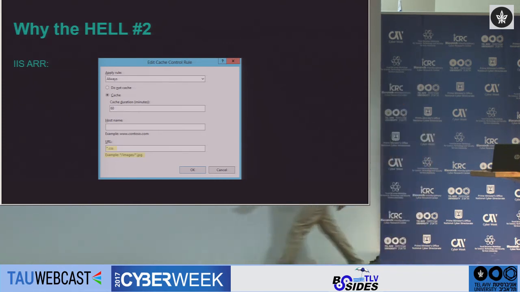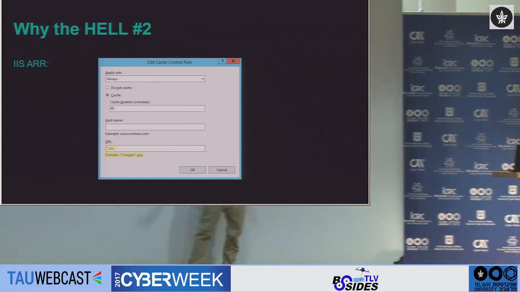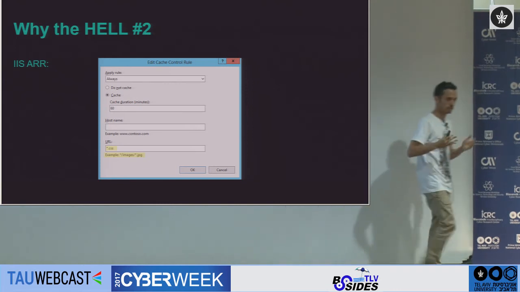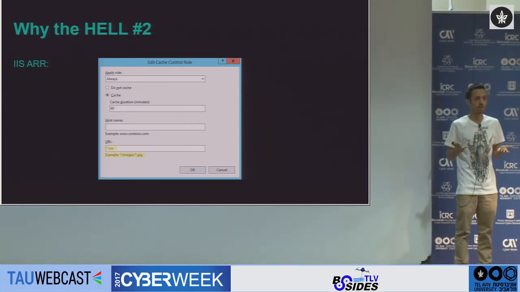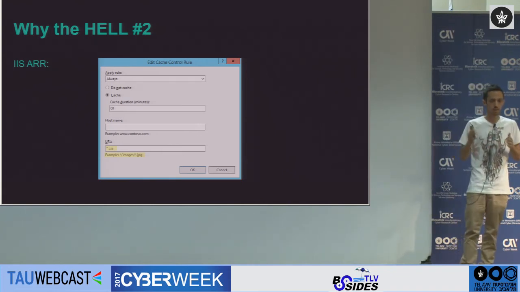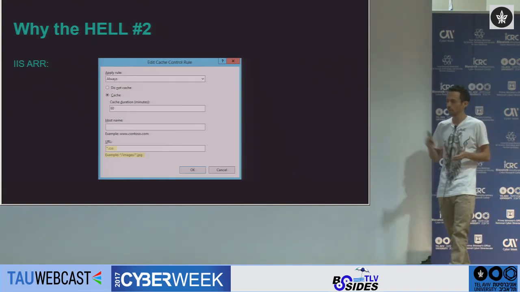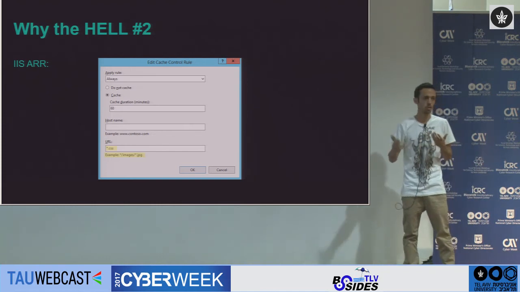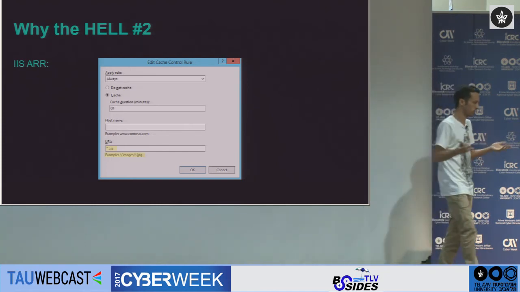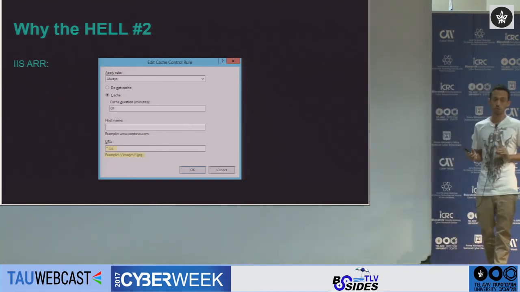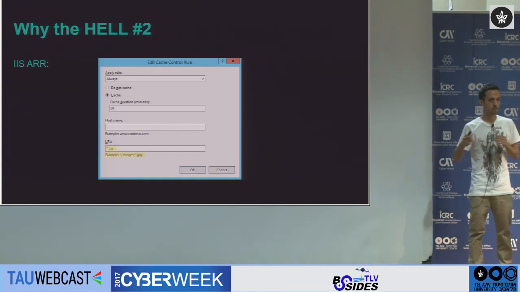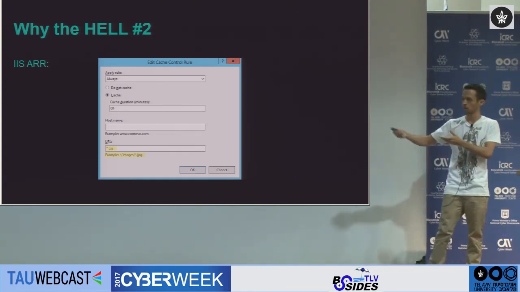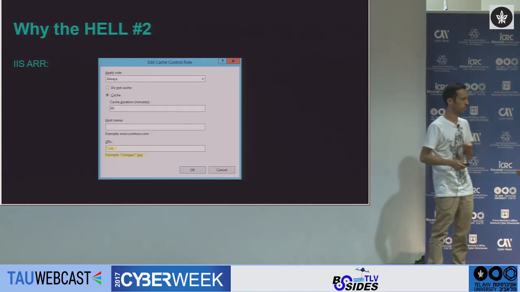As you can see here at the bottom, it just looks at the end of the URL, and according to the extension at the end of it, decides that in this case this is a CSS file. According to this, it decides whether to cache it or not. It doesn't go according to the content type HTTP response header, for example, but just according to the end of the URL. So what happens if you try to attack a web application that is served by IIS ARR with this configuration? Let's see an example.